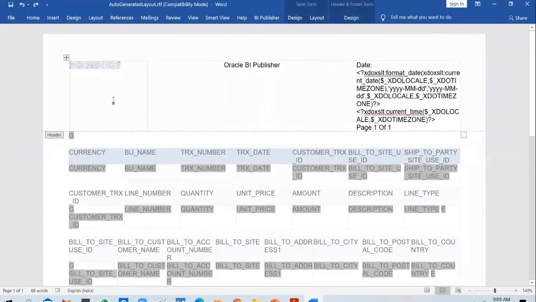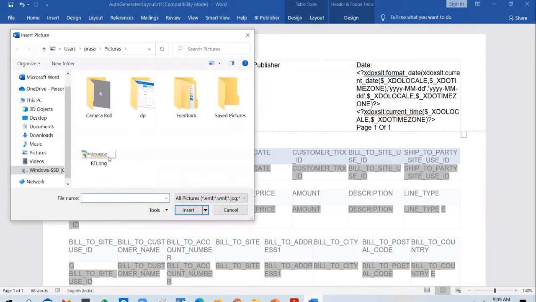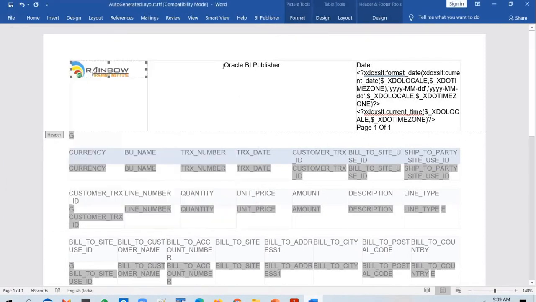I don't need to print the Oracle logo. Clients do not want to see the Oracle logo on their report output. They want to insert their own logo in there. So you get the logo from the client and you will insert it here. What I'll insert here is a training institute logo. So I'll insert it there. And I will change this to